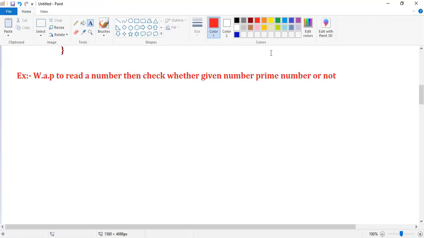Guys, what is a prime number? How can you decide that a given number is a prime number?